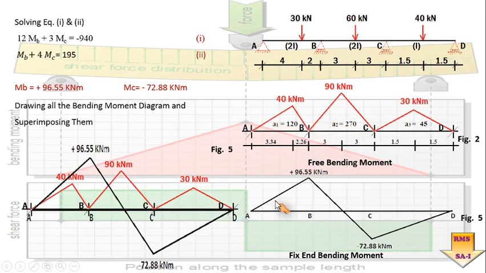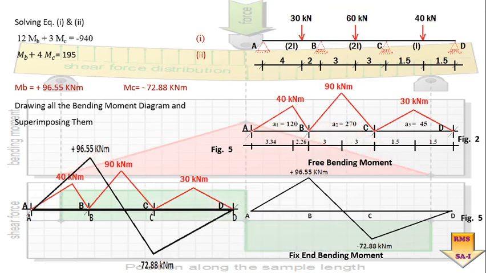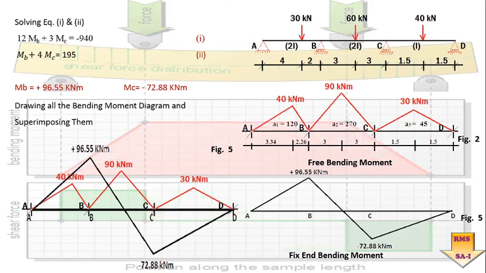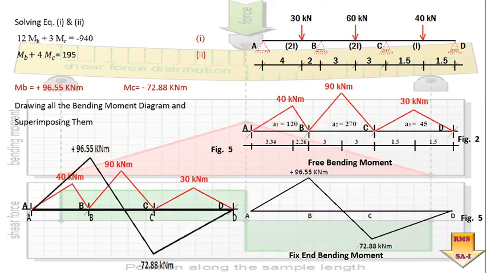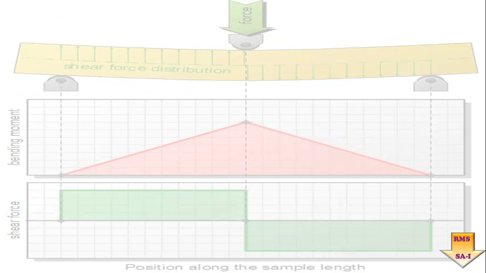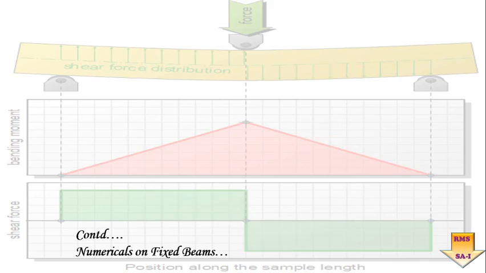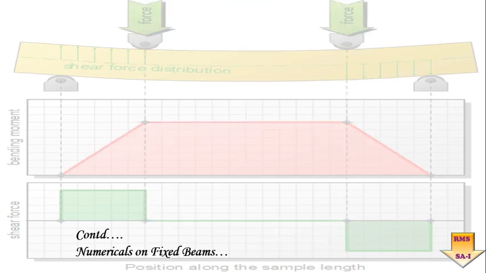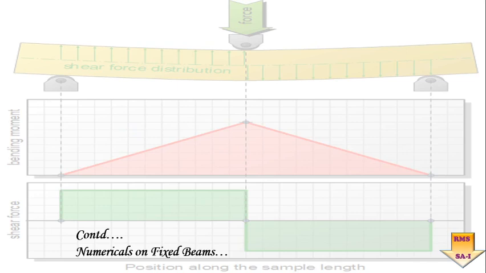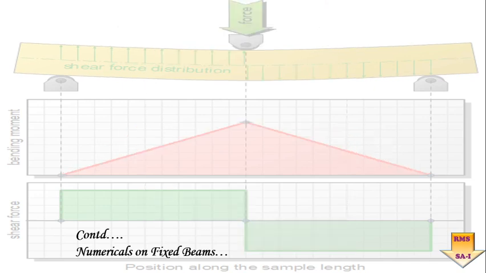So this is how we have to be very careful about the sinking effect when it occurs in a continuous beam. I hope you have understood how the analysis of continuous beams is to be done for the various cases. This is what we have for today, and in the next class we'll probably be dealing with some new article related to some module. Hope you have understood the analysis of this beam where there is a sinking effect.